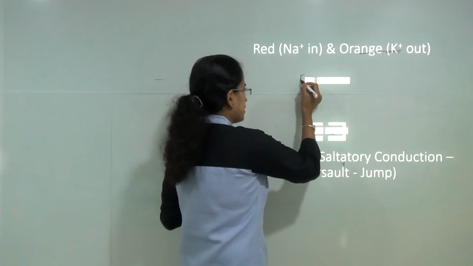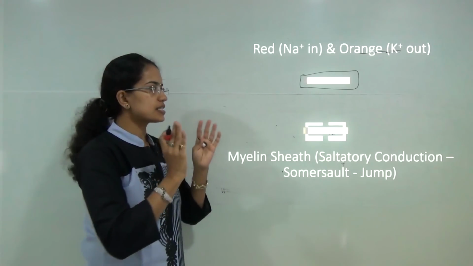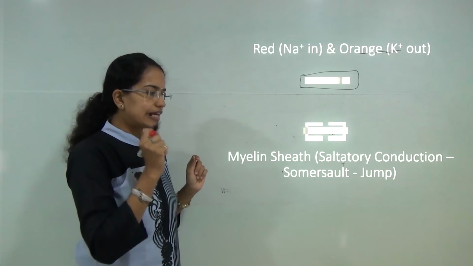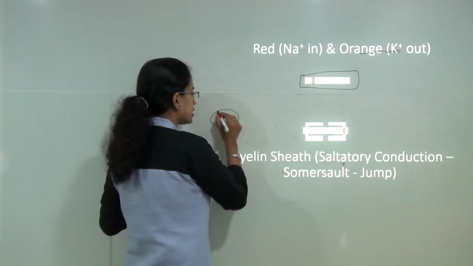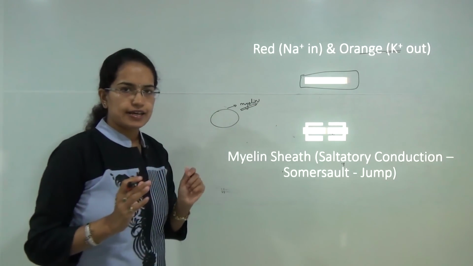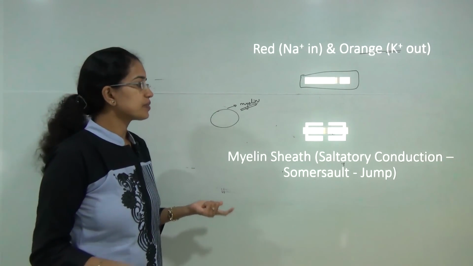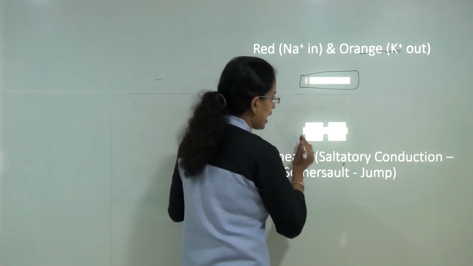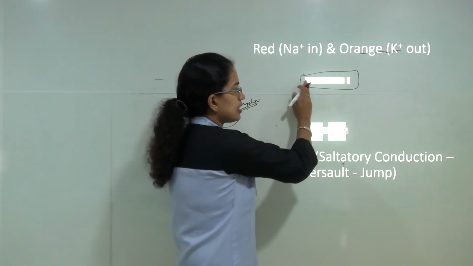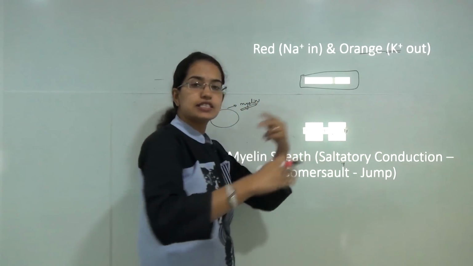However, when we try to understand, we believe that this is how things work, or this is how signal is transmitted. But when we talked about the structure of neuron, we clearly mentioned that the axon has a layer which is known as myelin sheath, and this myelin sheath is a fatty layer. Since it's a fatty layer, it would prevent any kind of conduction to occur. As a result, what really happens is a somersaulting behavior. That means rather than moving through each line that is seen here, it moves in spurts or it jumps.